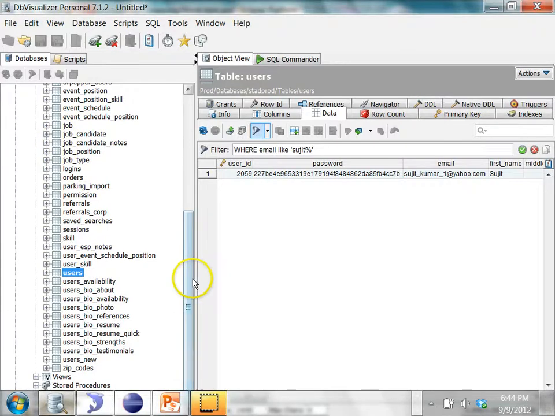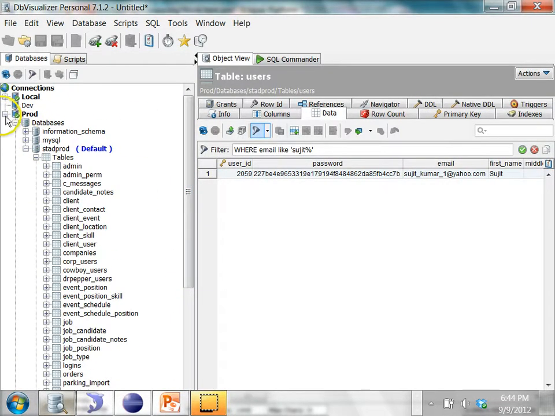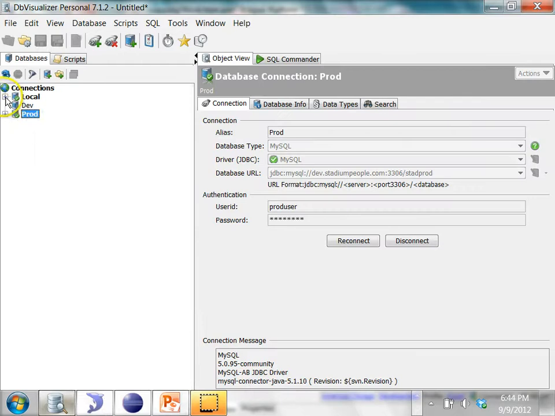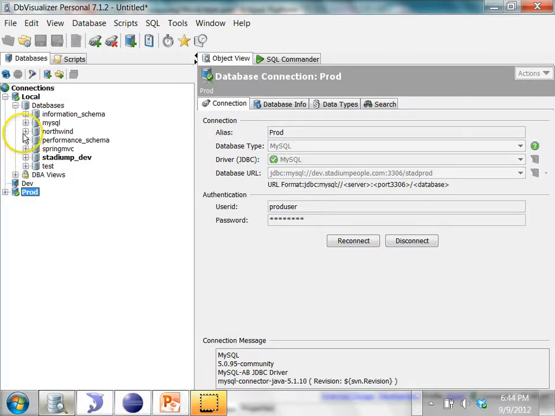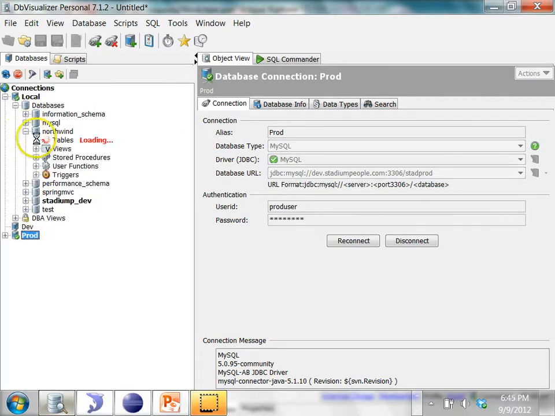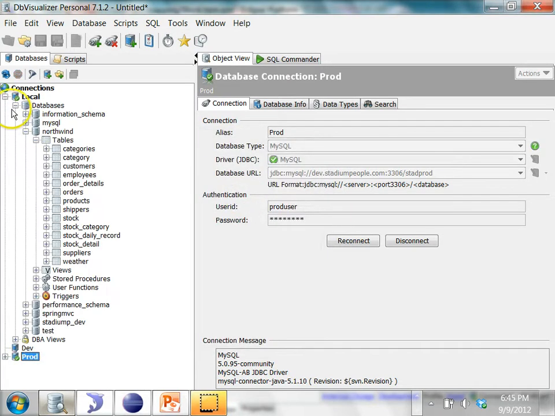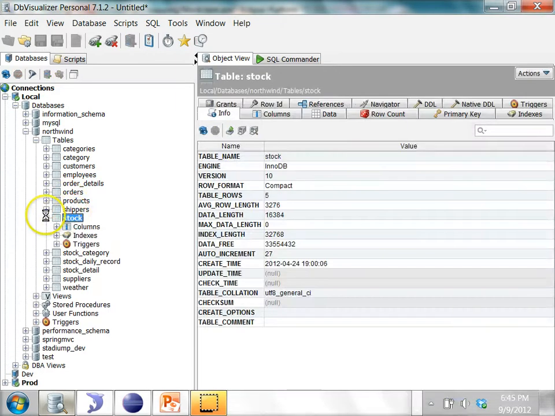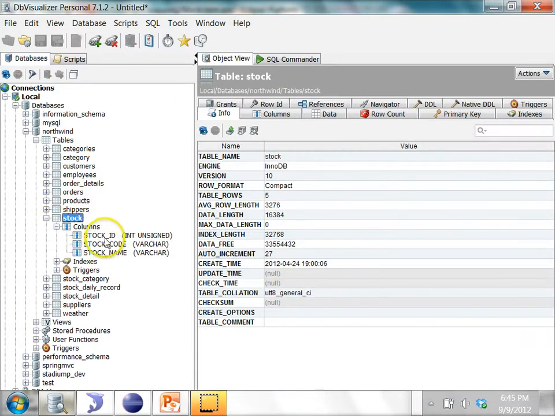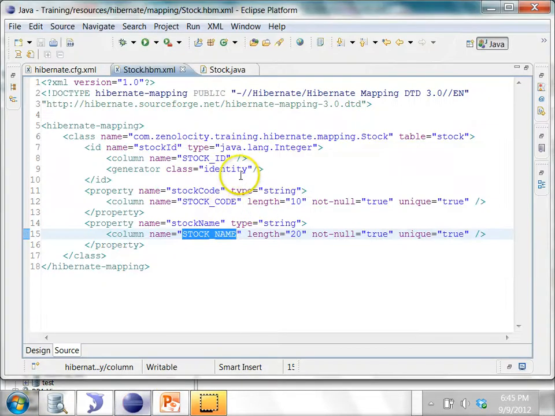Let me quickly check that. So in the database table, I have the columns called stock_id, stock_code, and stock_name. And that's what we were referring to from the